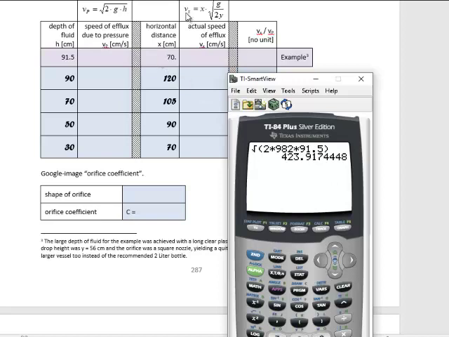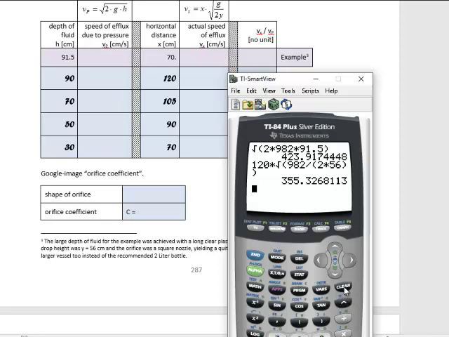All right, then the other equation is the actual speed of efflux, so the speed with which it actually does come out. That should be the same, but we'll see in a moment. So that's the horizontal distance, which is 120, times the square root of, again, g is 982, divided by the denominator. I better put a parentheses around that. 2 times, and this one is the drop height, the 56 that you see down here. There we go. Close the parentheses for the denominator, close the parentheses for the square root, and I come up with